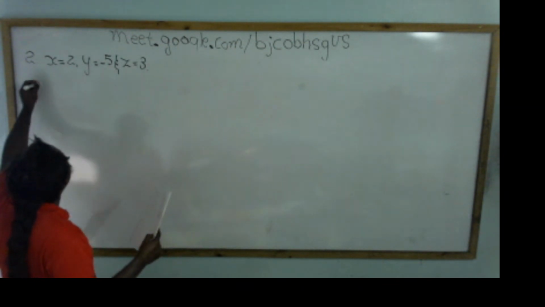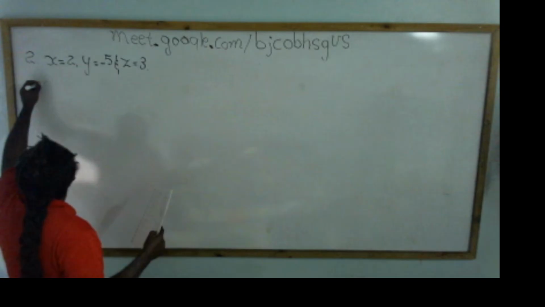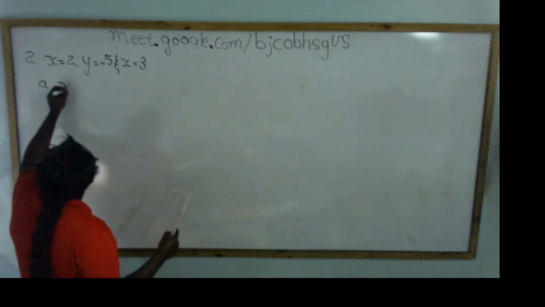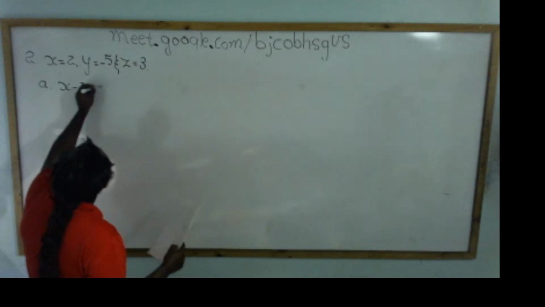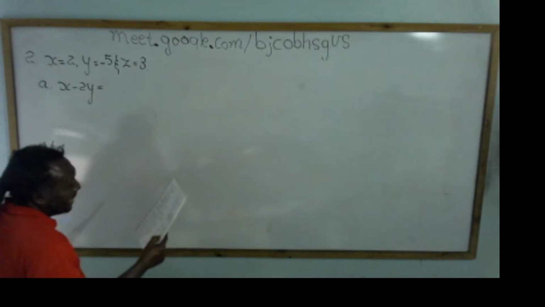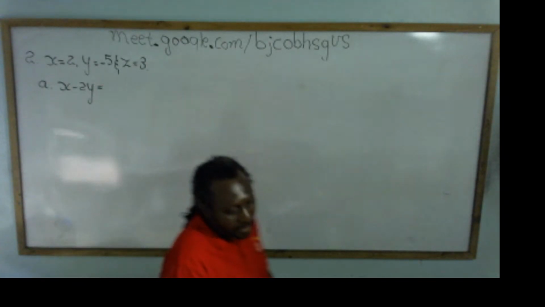So we should find A. A is x minus 2y. Now students,